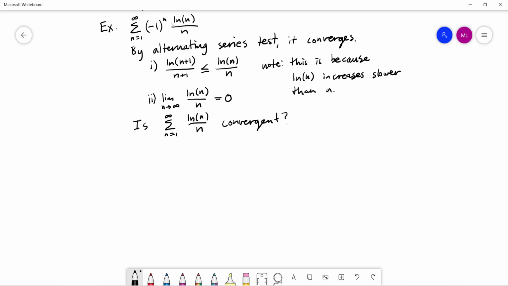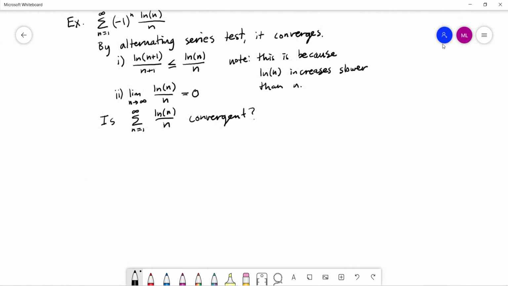Right, so we have removed the alternating portion. Is this convergent? And the answer is a very strong no in this case. These terms are eventually going to 0 as n increases, but they're not going there very quickly. We need them to go to 0 more quickly than 1 over n. This is going more slowly than 1 over n. If the top was just a 1, then this would be just like 1 over n. And we can compare, basically doing a direct comparison test. So in this case, if this is our a sub n,